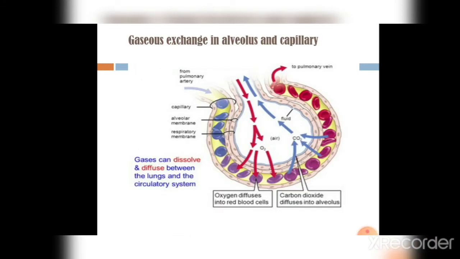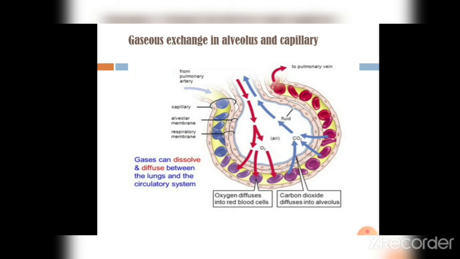Let us see how the gaseous exchange takes place between the alveolus and the capillary. This is the structure of an alveolus. The entry point is from the pulmonary artery. It's a capillary, and that pulmonary artery consists of deoxygenated blood. That is why it is indicated by the blue colored cells, and it comes into contact with the alveolar membrane. You can see one thin membrane of the alveoli and one thin membrane of the blood capillary coming into contact with each other, and through this thin wall barrier the diffusion can easily take